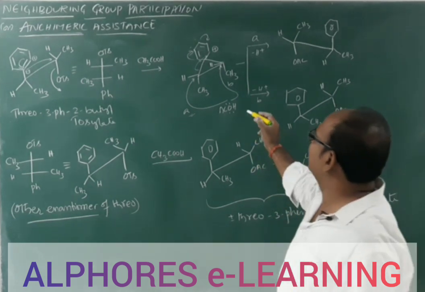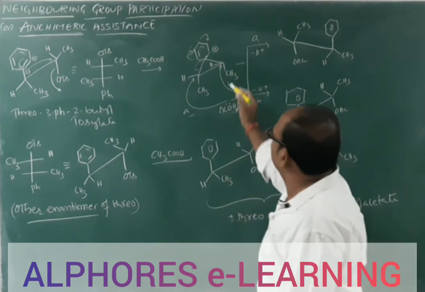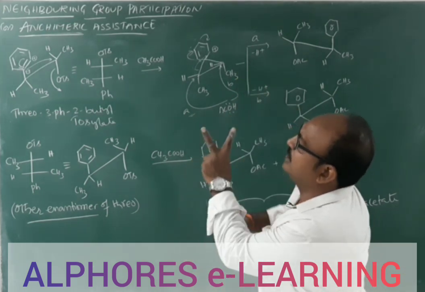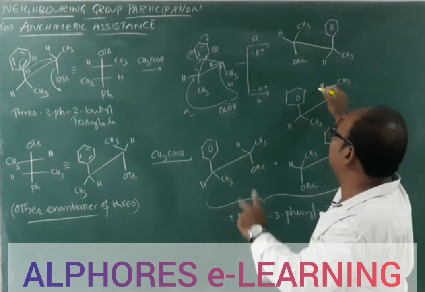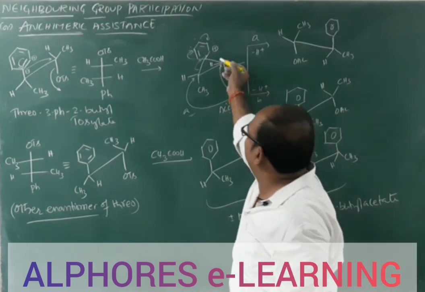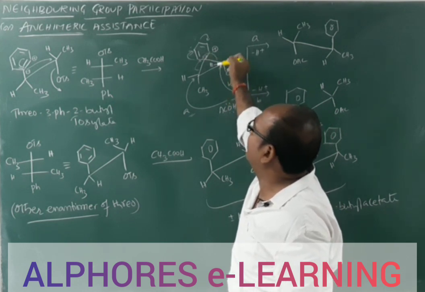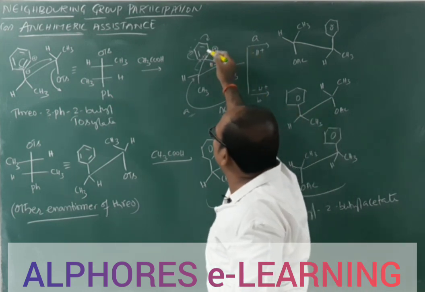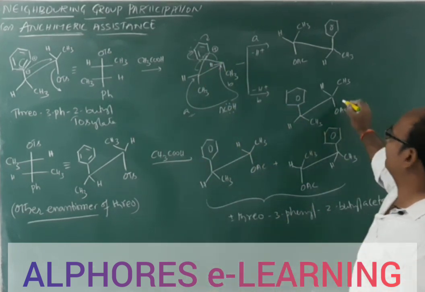Next one, if this acetic acid molecule comes and attacks upon this carbon, now these two, methyl and hydrogen, are going to change like this. So this methyl goes above the plane, hydrogen like this, and this phenyl group, whenever this one approaches along with the electron pair, these electrons get back. So you can notice, when this positive charge is here, then we are getting this product.